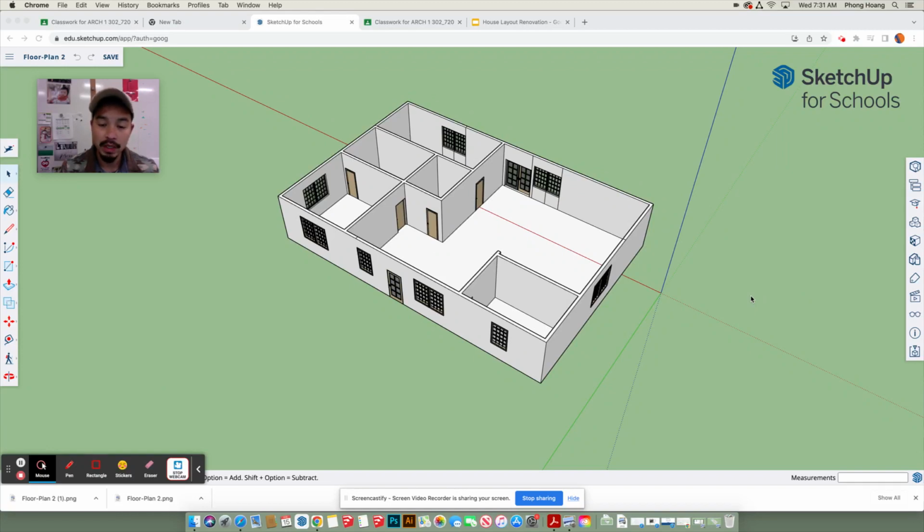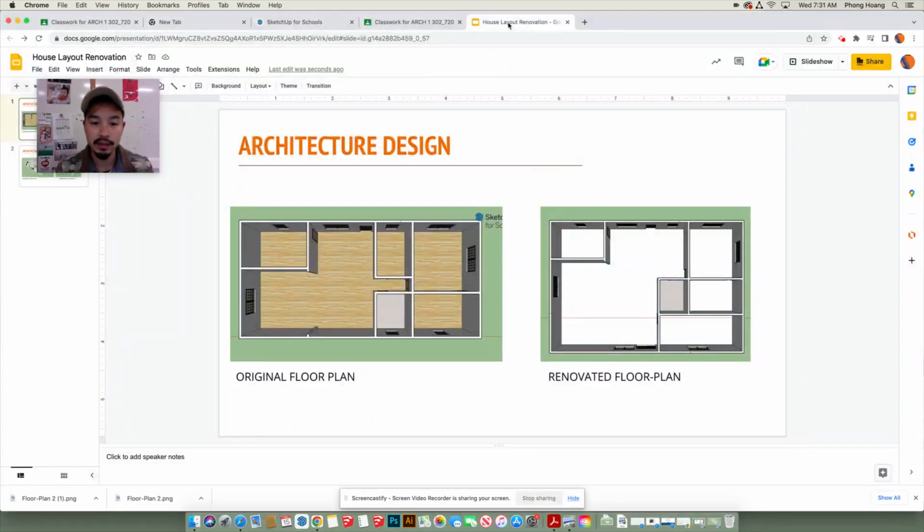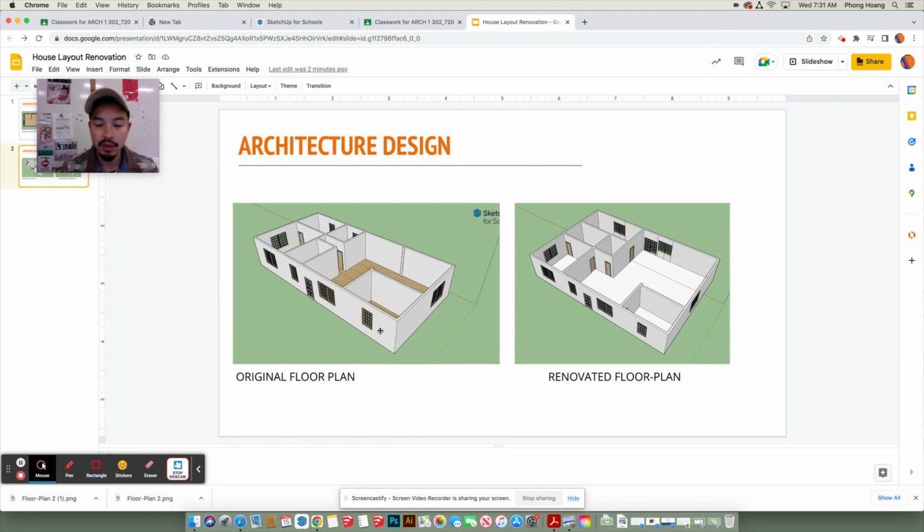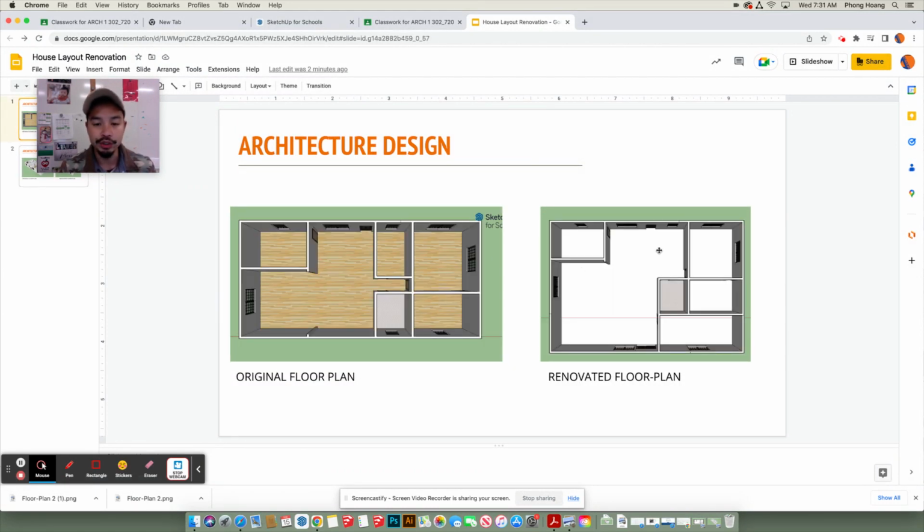In this session, we're going to be comparing the original floor plan with the renovated floor plan that you have come up with. So for example, here's the assignment. Our goal is to simply capture two of the same exact view. So you have, for example, the top view and also the ISO view, bird's eye view. You want to be able to capture the same exact layout to showcase essentially the difference in what you have